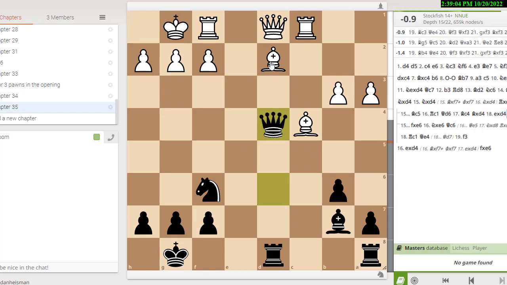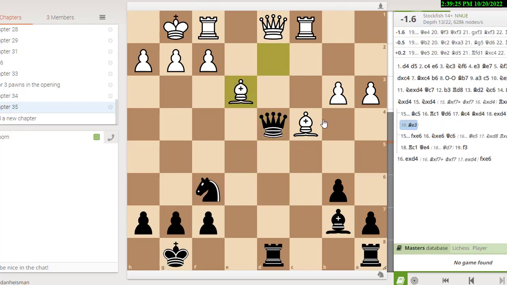And now white should just move the bishop to get out of the pin. White made a move that loses the game. He played rook to c2 to guard the bishop. Well, you don't want to guard things. If you haven't watched my video on the 5 ways to make a piece safe, usually the best way to make a piece safe if you can't capture the attacking piece is to just move the piece, and this is no exception. Moving the bishop over here would give white a playable game.